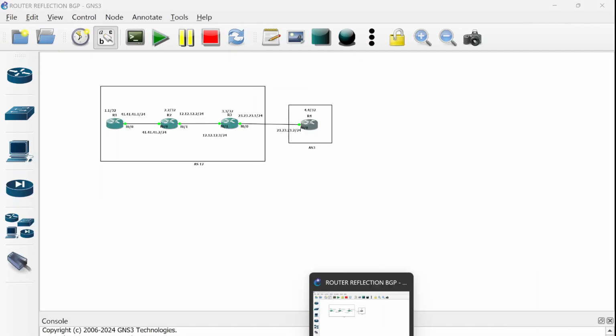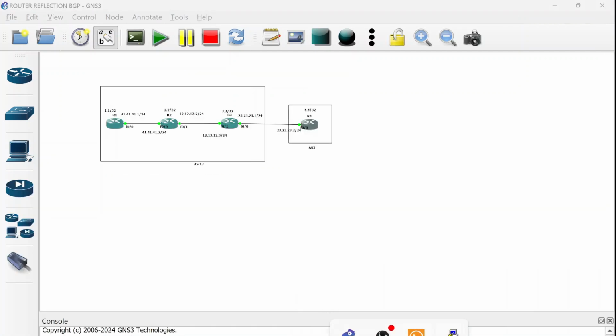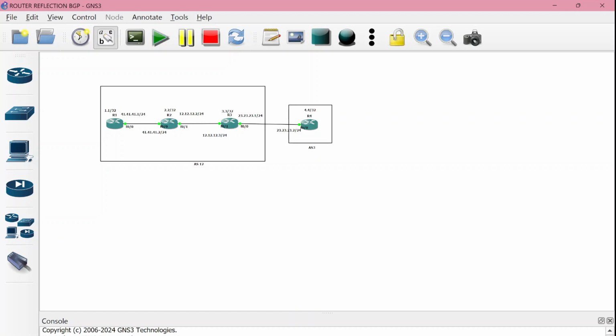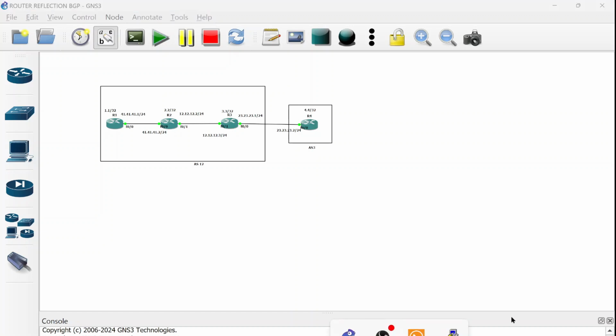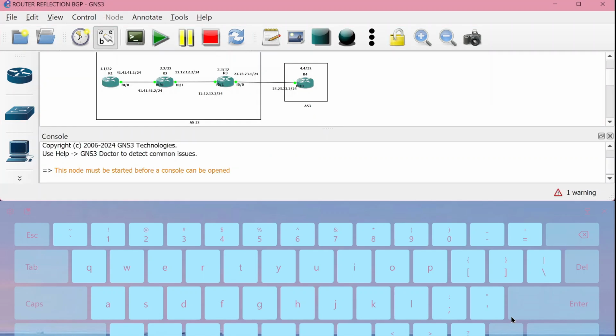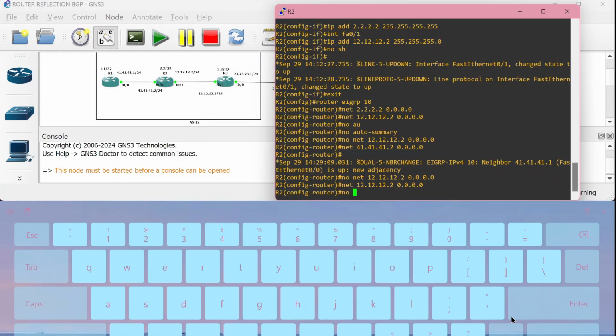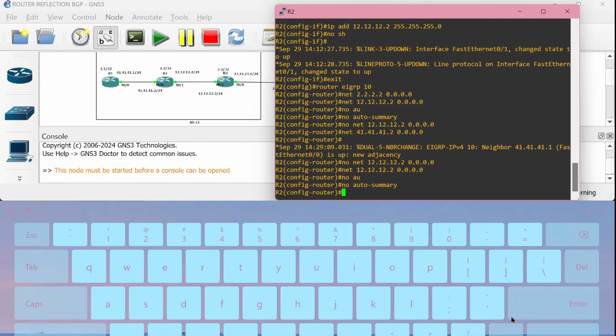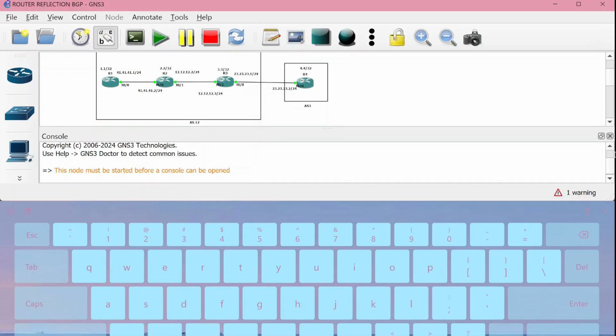Okay, after that we can make the same configuration for BGP in router number 3, but a little different. This is the configuration same as router number 2. I'm sorry for my mistake.